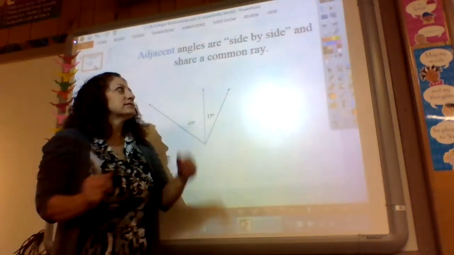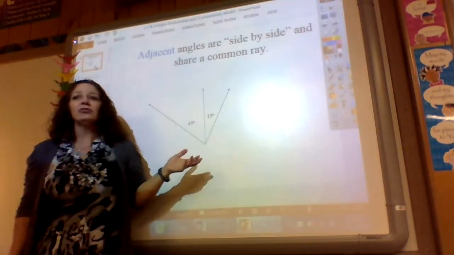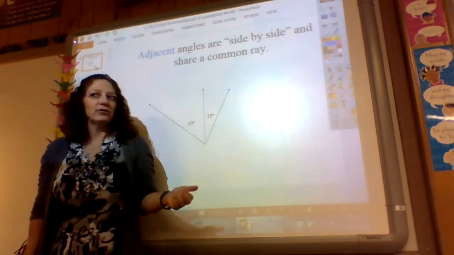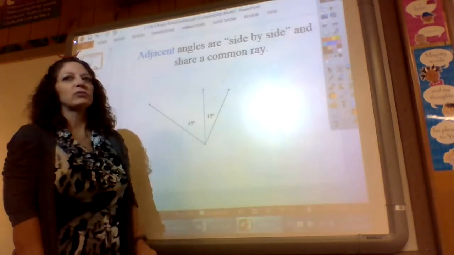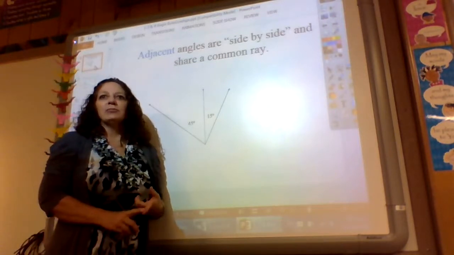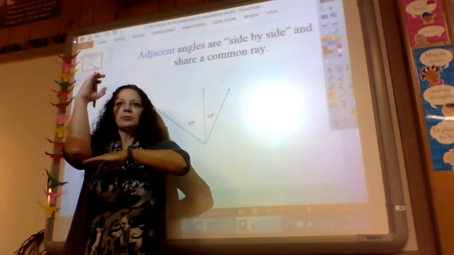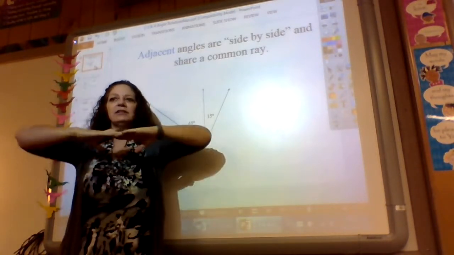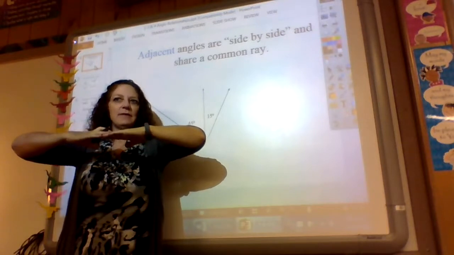Today's lesson is all about specific types of angles and their relationships, how to find measures of them, and how to compare them: equal or supplementary or whatever the words are. On Friday, we mentioned the word complementary. Remember, complementary is two angles together that make a right angle, 90, and supplementary is two that make a 180, a